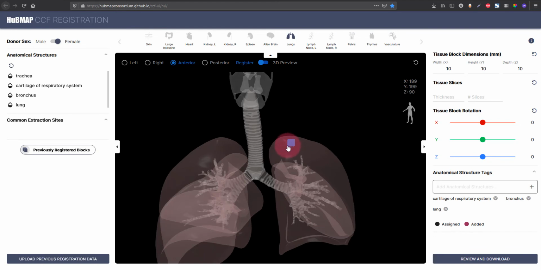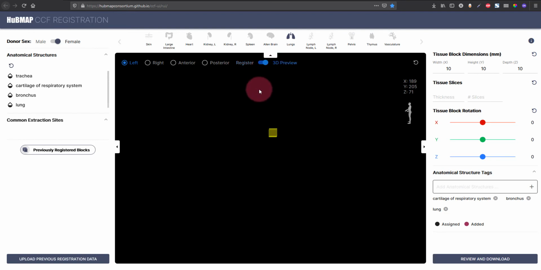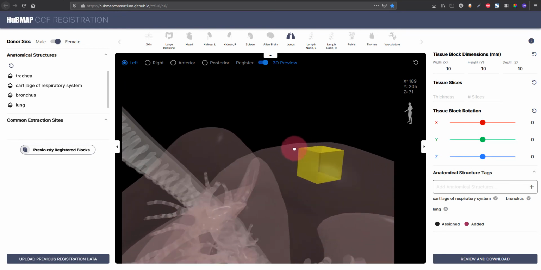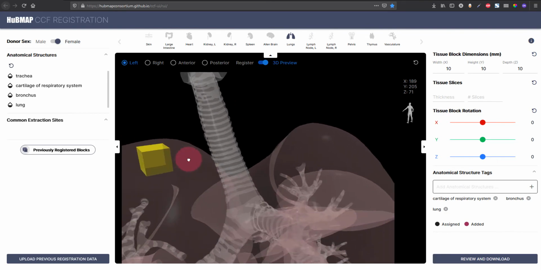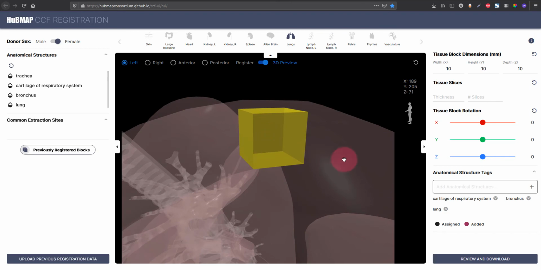And then of course I'm gonna have to make some adjustments. So I can now, for example, switch to the left view like this. And then I can move this up a little just to make sure that I'm in the place that I want it to be. Okay. And then we can use the 3D preview mode by clicking the toggle switch again to zoom in, rotate around, and ensure that I really have registered what I wanted to register. So one thing, for example, that I might want to change here is the size, and this is where the manipulation pane comes into play.